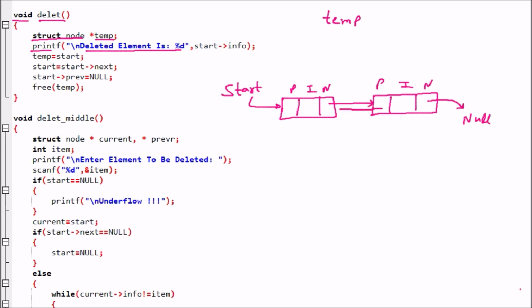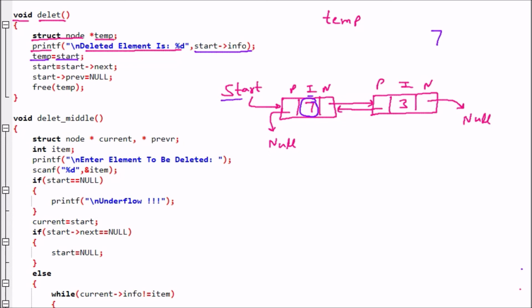Similarly, the previous is pointing to the previous node, and this previous is pointing to null. Now let us suppose that we are having the elements like 7 and 3. So here we are saying deleted element is start info. So start info is 7, that means we are going to delete the 7.